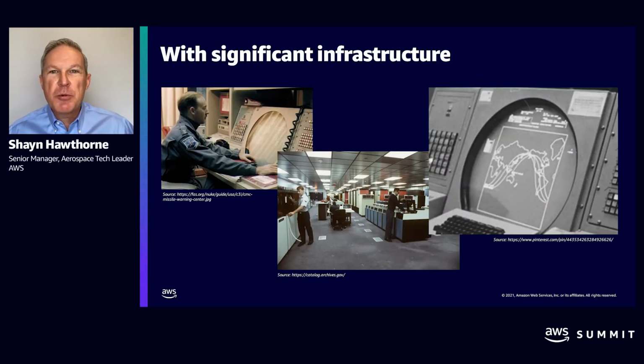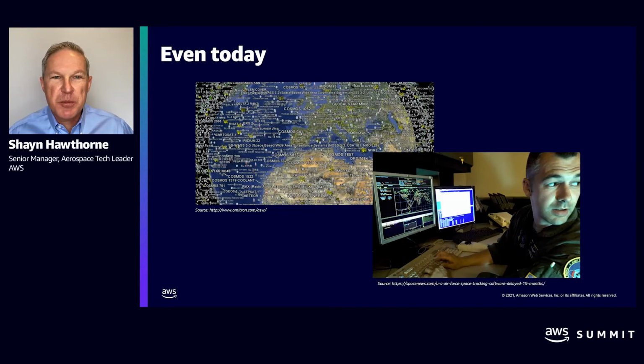But the funny thing was we did that with significant infrastructure. If you look in the upper left-hand corner, you'll notice what we called lovingly the 427M. And that was the computer system that I actually used when I started there as the head of Astro. And if you look in the middle, you'll notice it was all done on a massive on-prem computer system that literally took up a room about the size of a football or half of a football field. And it rendered incredibly beautiful graphics, as you could see in the upper right-hand corner, with a CRT type of display showing us orbits and things that we were going to have to worry about monitoring up in space.